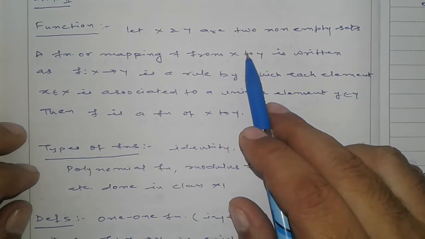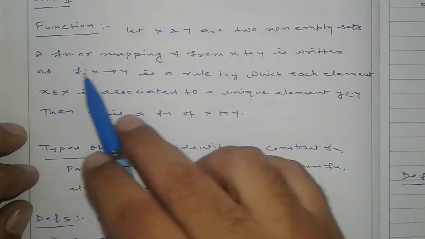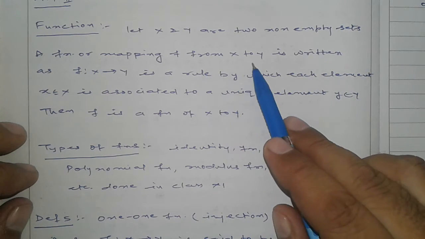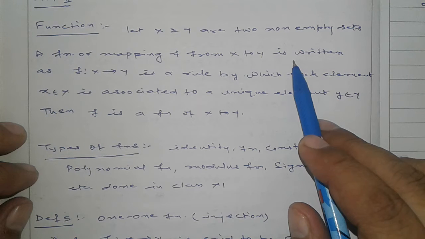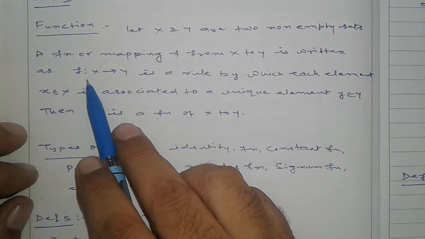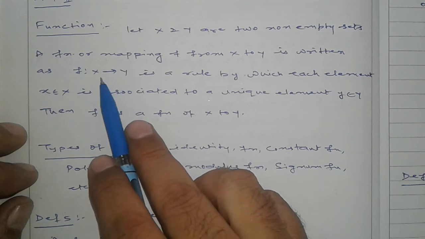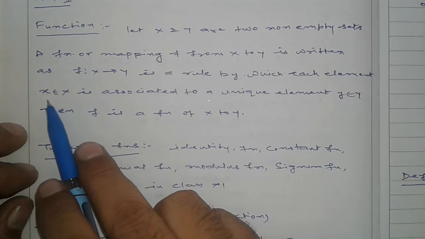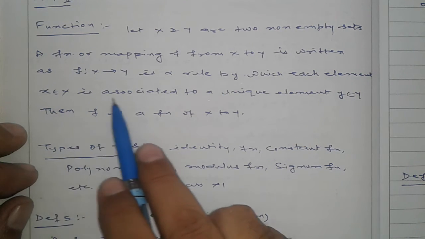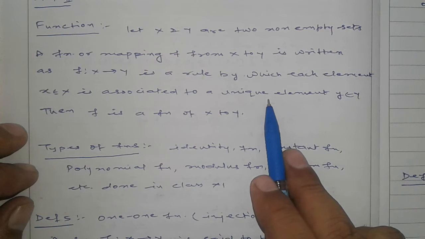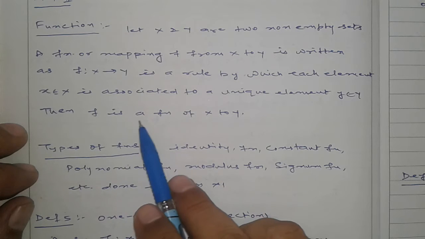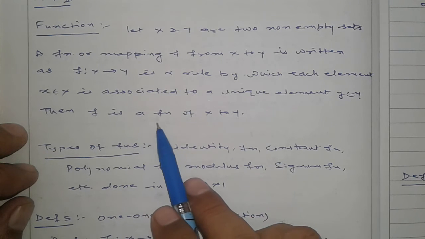Let x and y be two non-empty sets. Then a function or a mapping f from x to y is a rule by which each element x related to x is associated to a unique element y related to y. Then f is a mapping or f is a function